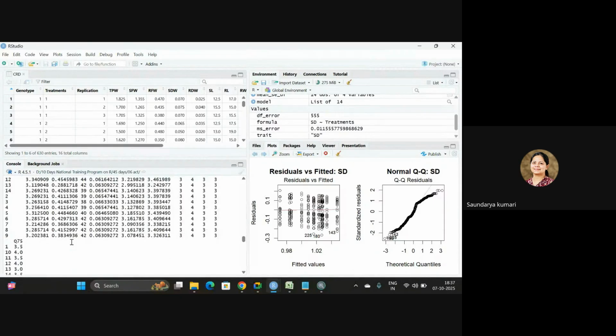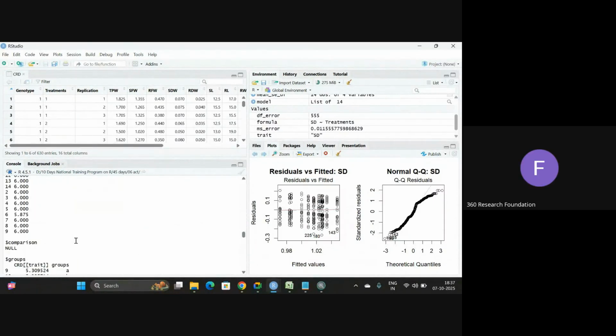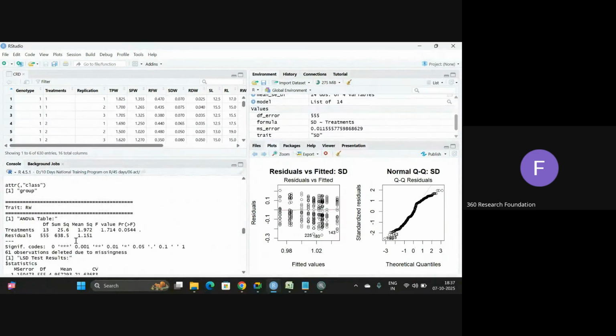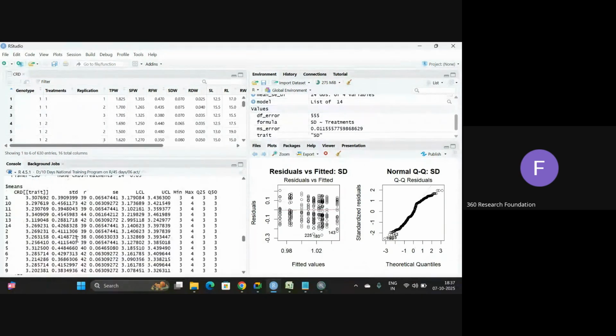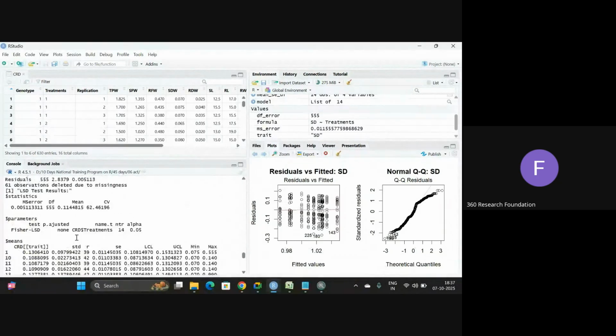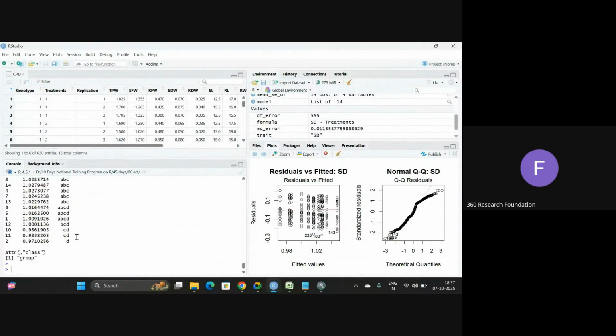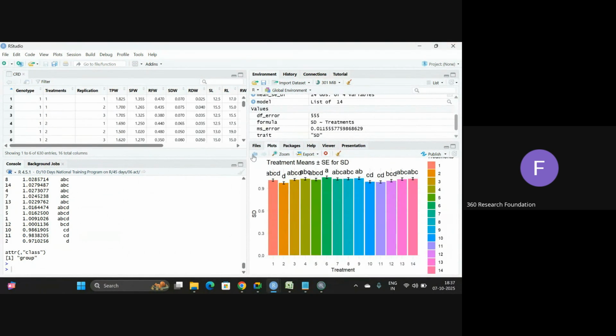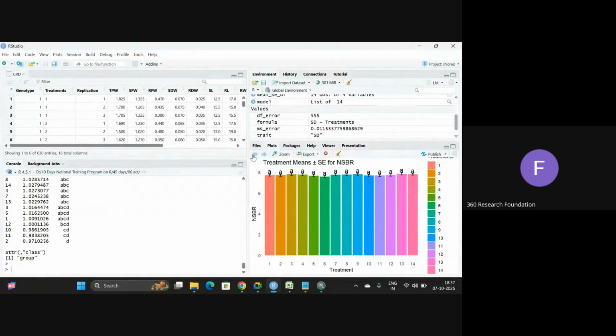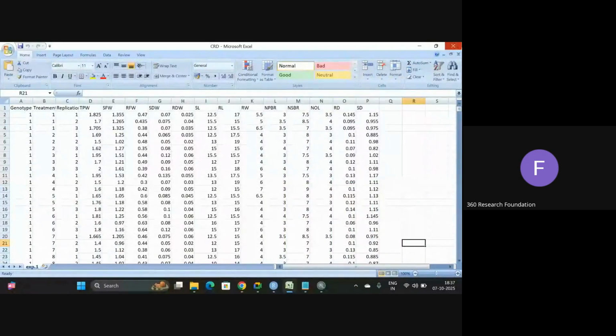For each individual treatment, all the analysis is there, so you can correlate those values and plots. So this is CRD, and in case of FRBD,